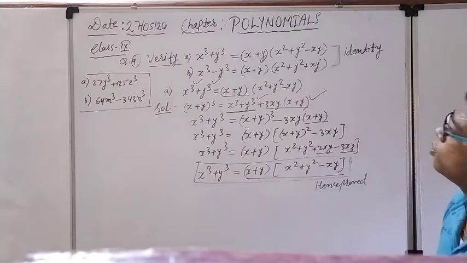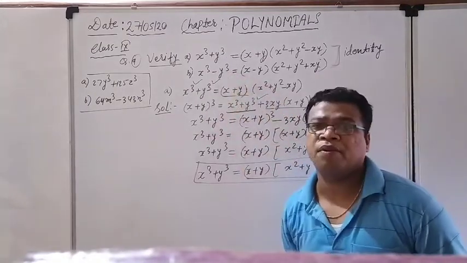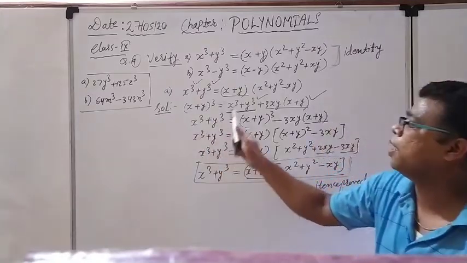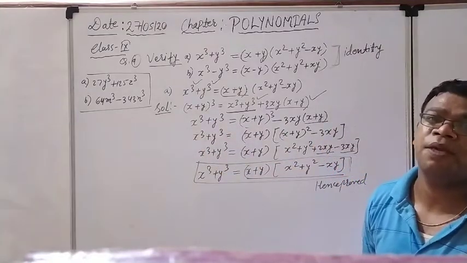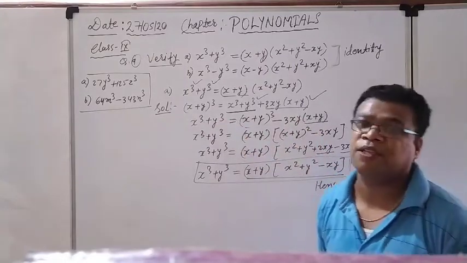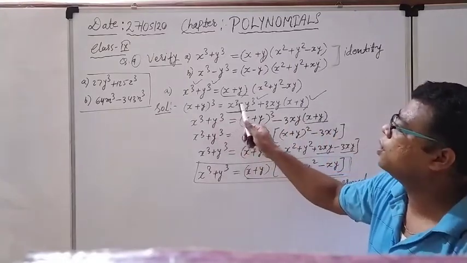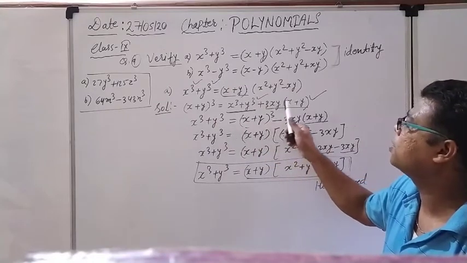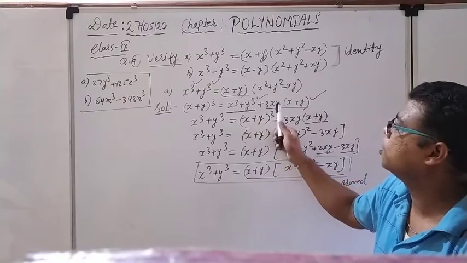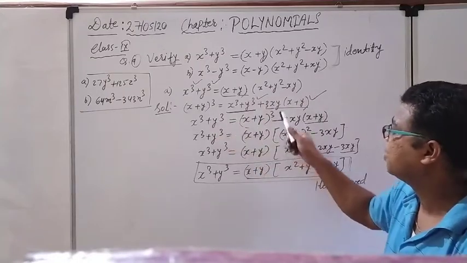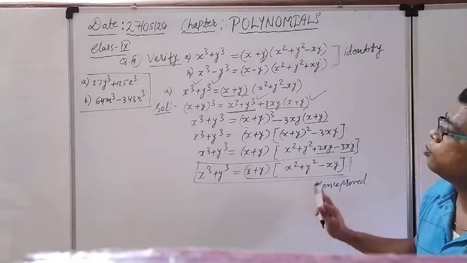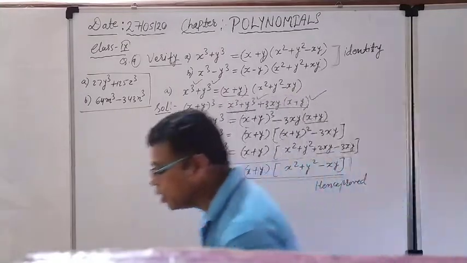Very easy kind of question, nothing. Only you have to remember in which particular expression it is coming. So (a plus b) whole cube is a cube plus b cube plus 3ab in bracket a plus b. We take the same formula in the form of x plus y. So x plus y whole cube will give me x cube plus y cube plus 3xy inside the bracket x plus y. We want this x cube plus y cube, so this particular term will be transferred there, and after that we just took the common terms and solved. So we get hence proved. So A I have solved here completely.